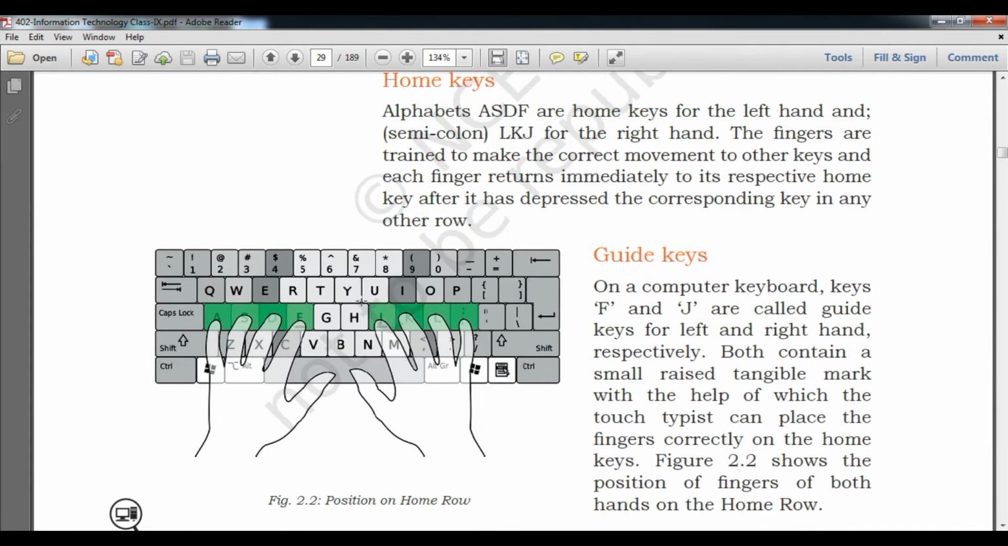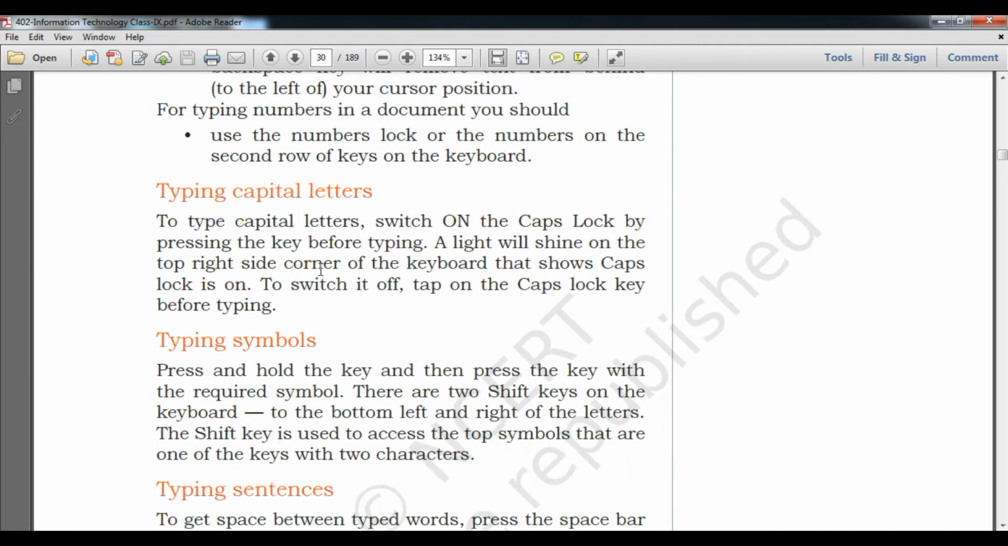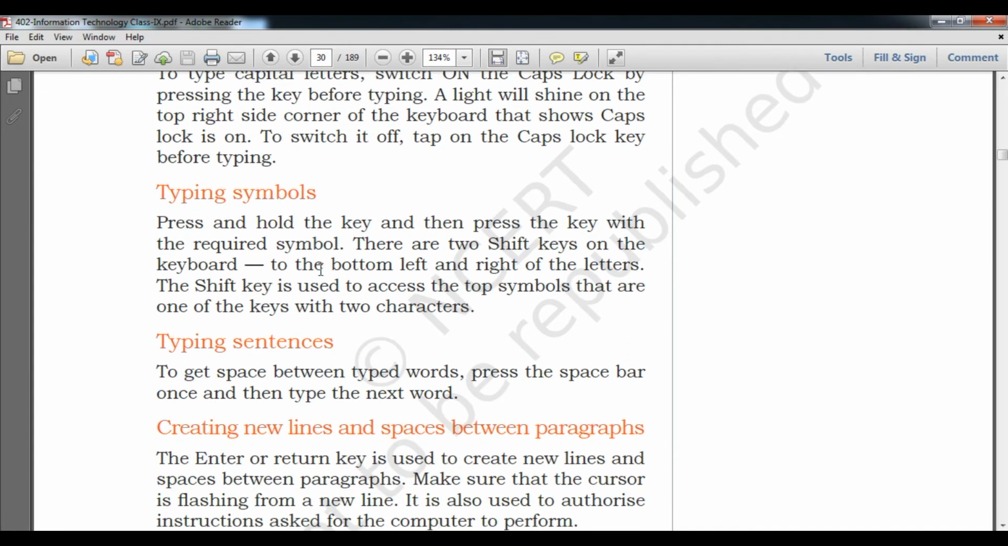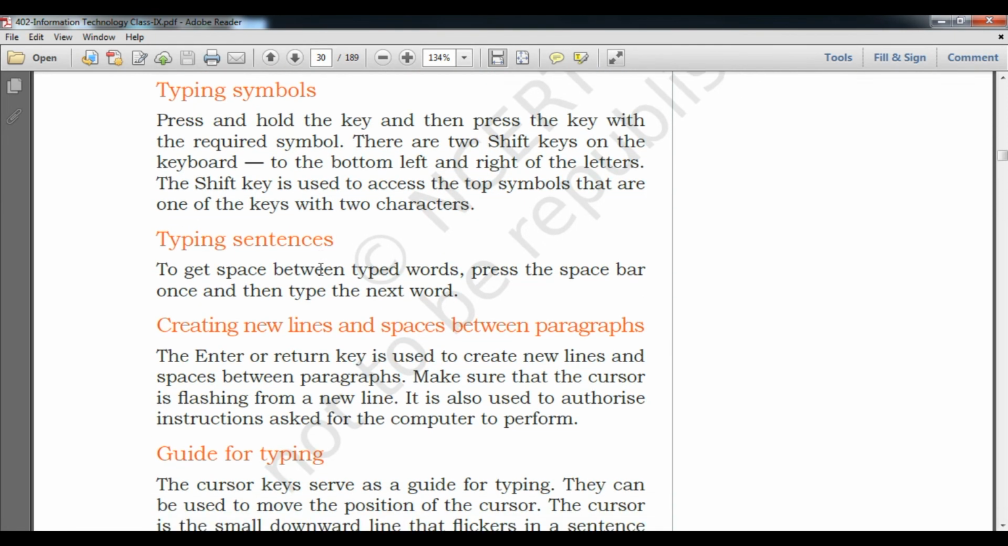I will show you here, students. So here you can press the shift key. Okay, along with that you can press these number keys also. Whatever symbol is written on the upper side, it will print along with the shift key. So this is the symbol, you can print it. Okay, and now after that, typing a sentence. So student, you can directly type the sentence using the keyboard by the guide keys